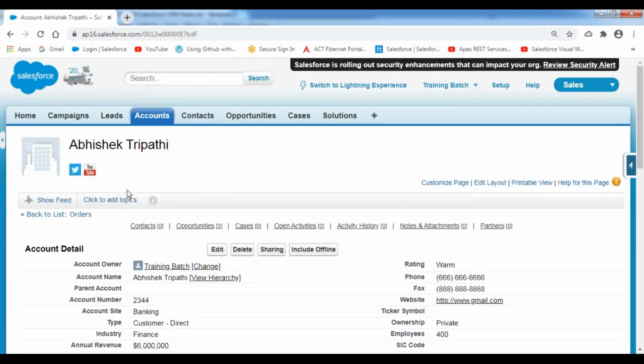Now it is showing my record, Abhishek Tripathi. So whatever ID has been generated by Salesforce, that record ID is a case sensitive ID. We have to enter the characters in the exact format, like your password. Like your password, because a password is case sensitive, in a similar way your record ID is also a case sensitive ID.